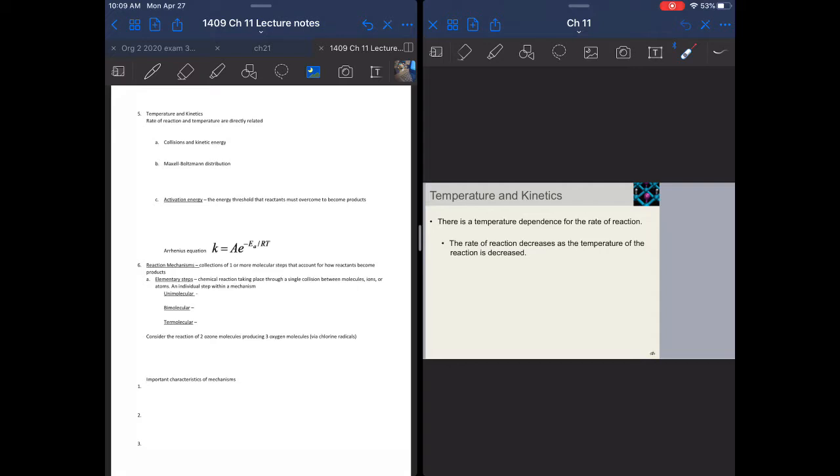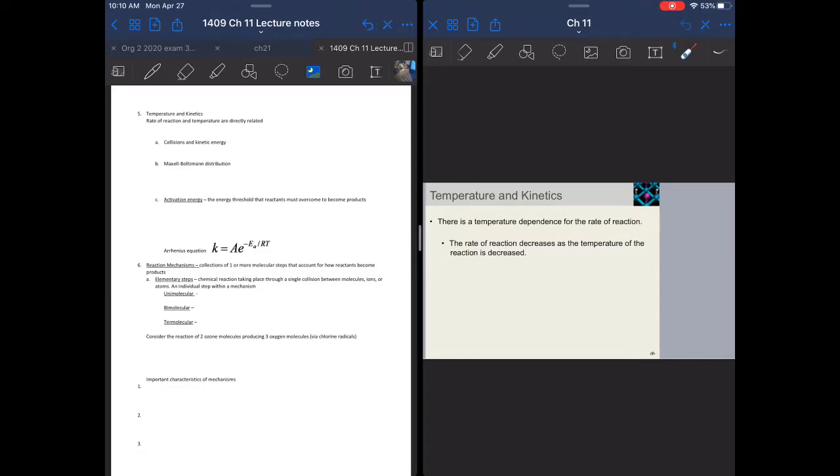Now, you already have a general sense of temperature's effect on rates of reactions if you have used a refrigerator. Why do we keep things in the refrigerator? Well, because once food is exposed to oxygen and the environment, then reactions begin to occur that cause the food to go bad. And those reactions are slower in the refrigerator at colder temperatures. All right, so we know kind of a base point here that temperature does increase or decrease the rate of